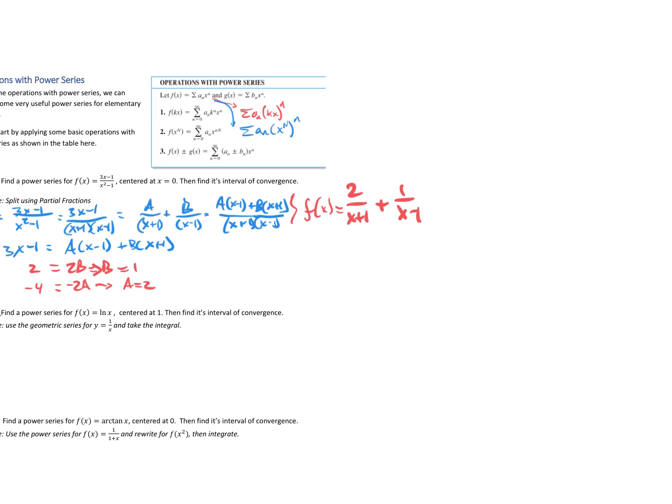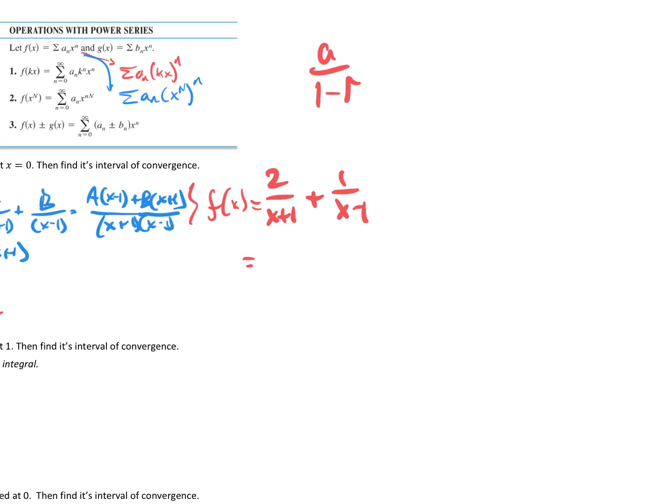Well, we'd like this to be in the form a over 1 minus r. So let's rearrange this here. This can be, let's say, 2 over 1 minus negative x. That's the same. And then this one, let's multiply by negative 1 on top and bottom. Then we have negative 1 over